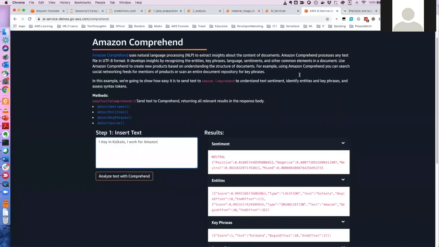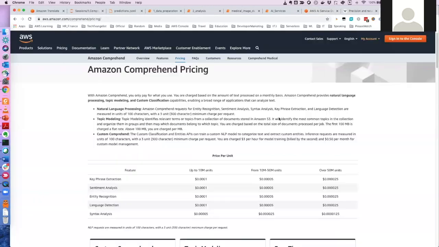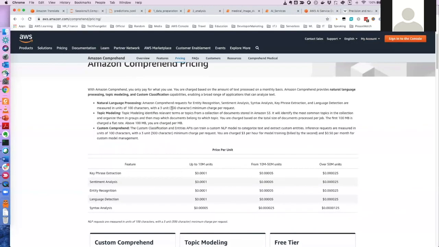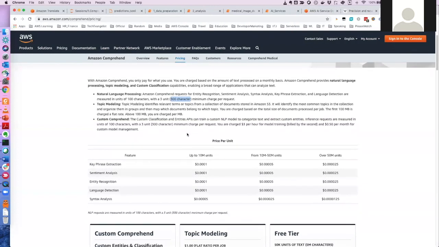How Comprehend measures the billing is like this: if you have any sentence which is less than 300 characters, it will be categorized as 3 units. No matter whether you send one character or two characters, you'll be charged as per this. And there will be some free tier as well.